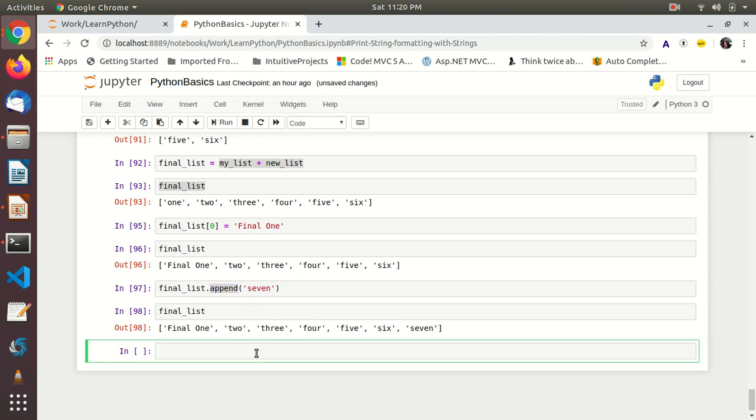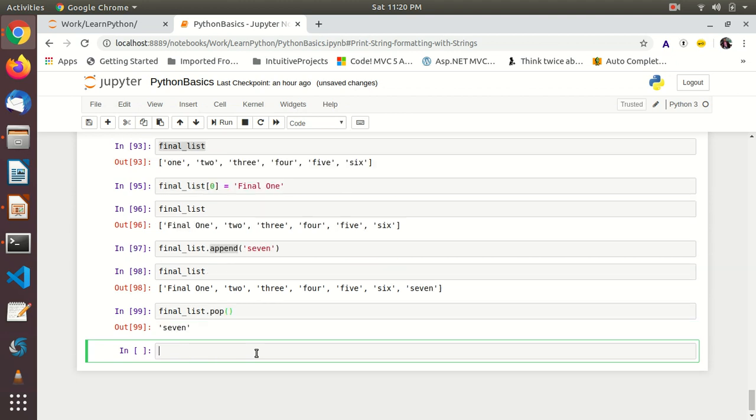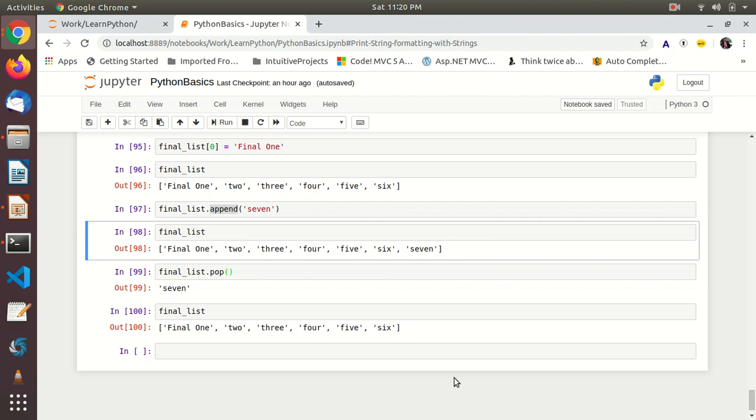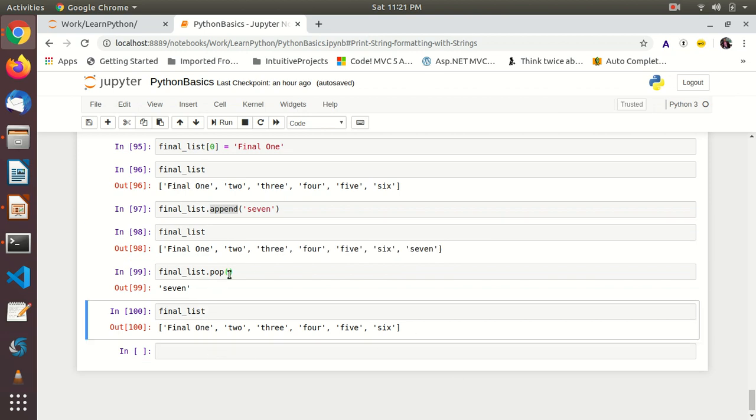Let's say I want to remove some item. For final_list, for removing the item, there is a pop method. It will remove the last item from the list, 7. Now quickly check that final list. See, we have 7, now it's removed. So if you're not specifying any parameter,